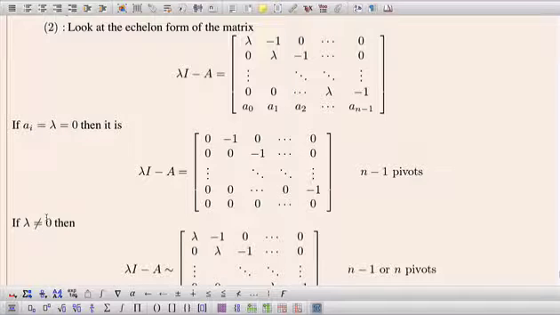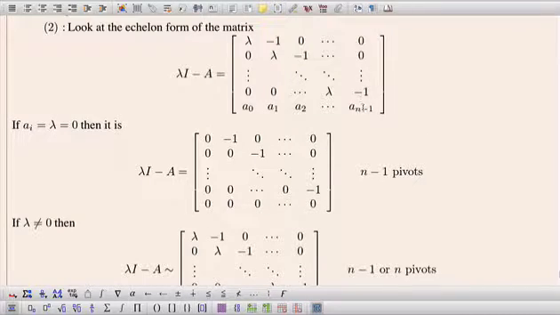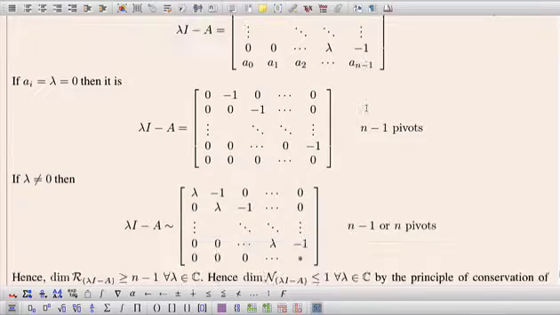If lambda is not 0, then what can we do? If lambda is not 0, then this is how lambda I minus A looks, especially after you eliminate the a's. If the a's are not zeros, then still these lambdas in the diagonal entries can be used as pivots to eliminate. Except in this last case, we don't really know whether a n minus 1 is 0 or not,